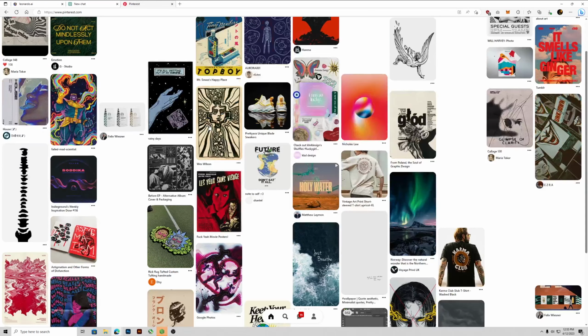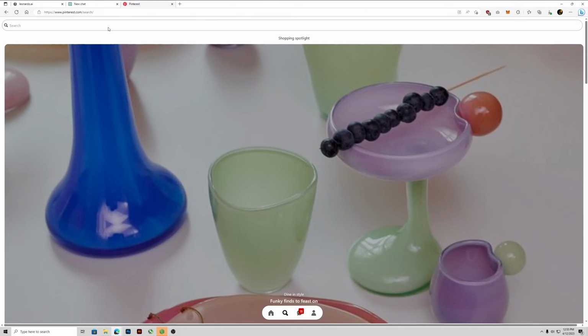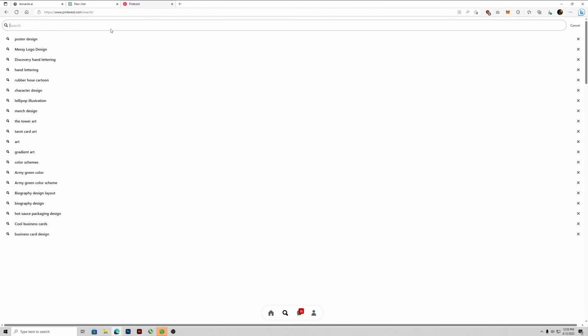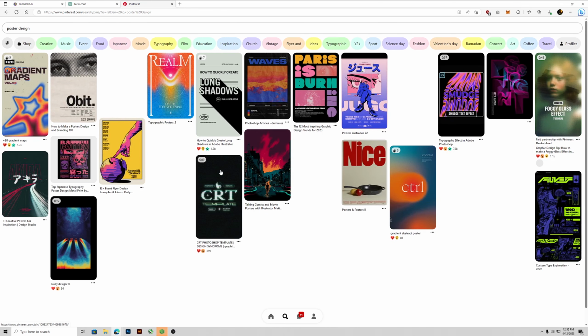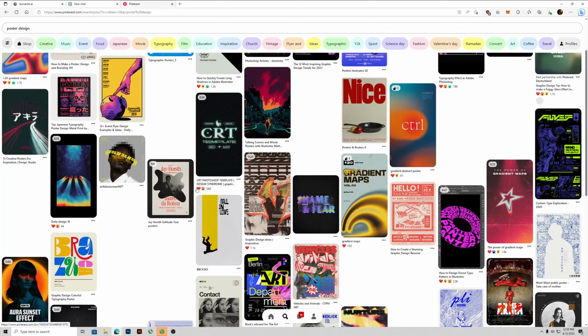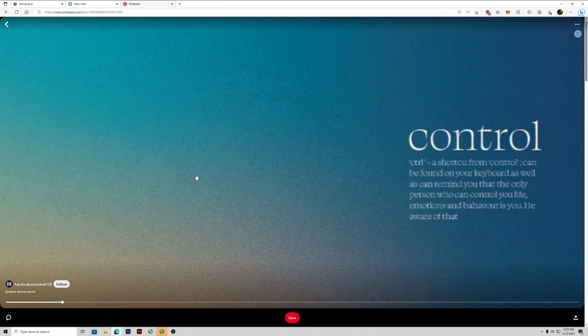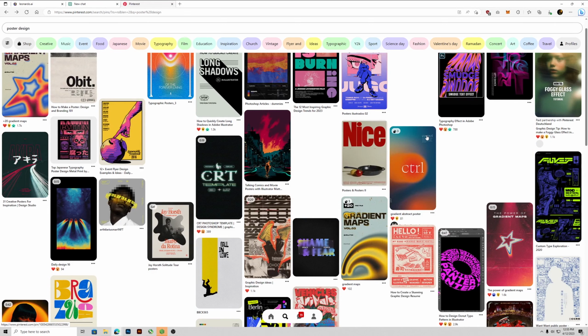So generally your Pinterest board is just filled with things that you like, but since we're creating a poster, we'll just search poster design. Just get some idea of what we're wanting, a certain style. This is really nice. We'll go with this layout. We'll just look at it here then. Okay, so you have that typeface with a little paragraph. Alright, so we're gonna look for